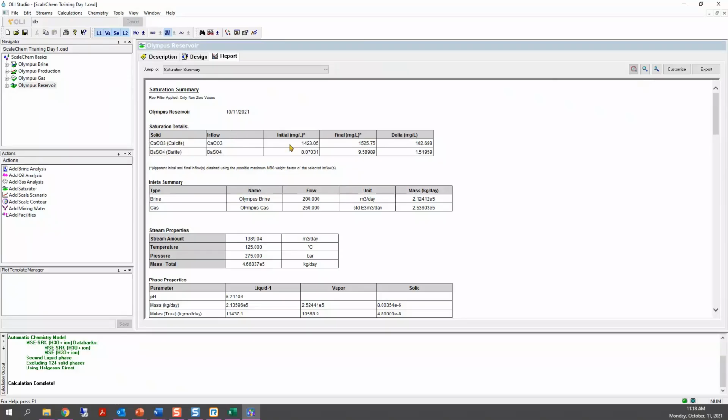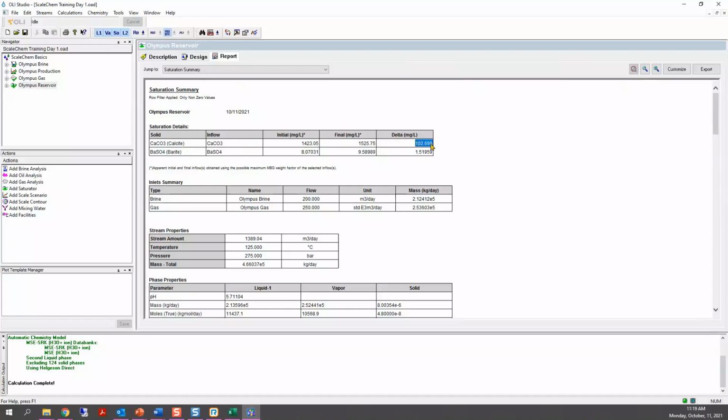This was the initial amount of calcium carbonate before saturation, and this is the initial amount of barium sulfate before saturation. Then the software had to increase the amount of calcium carbonate to reach saturation, and these are the values. And this 5th column is the difference between the final and the initial values.